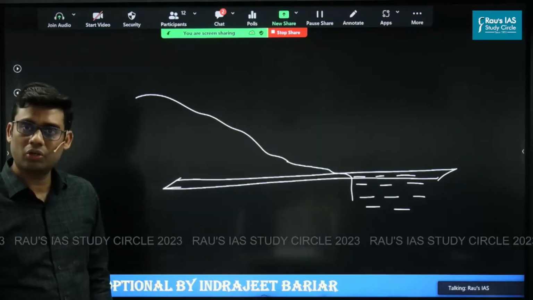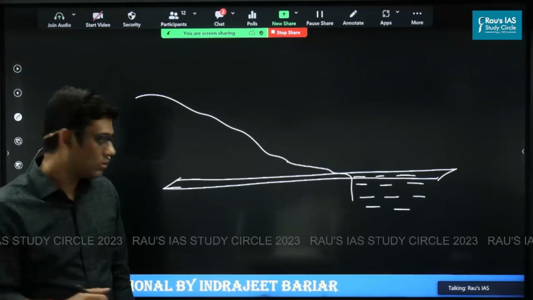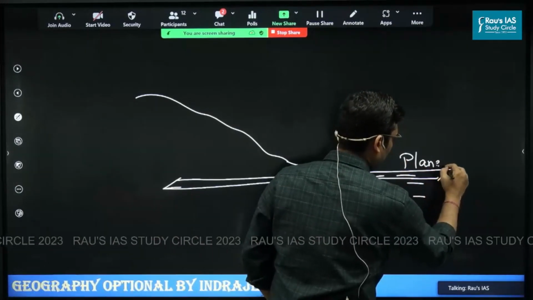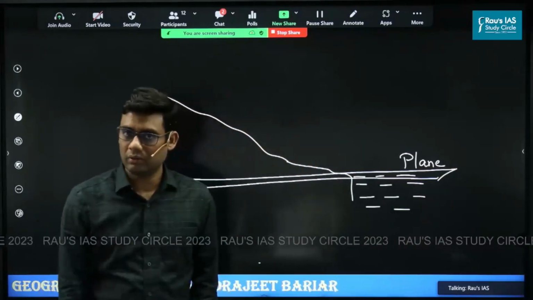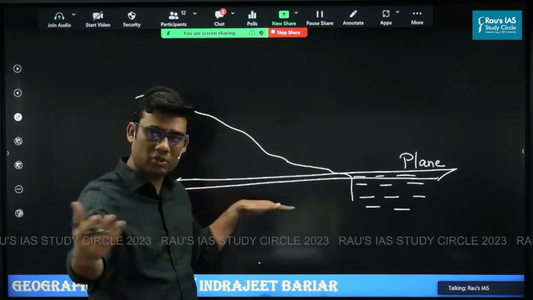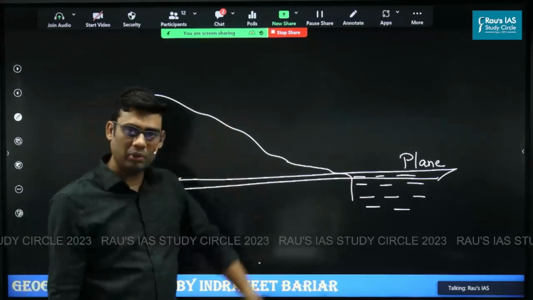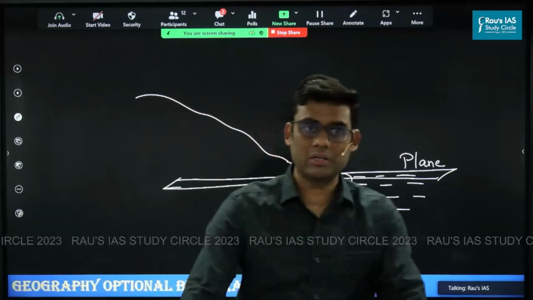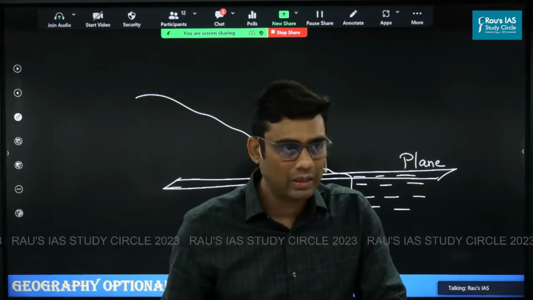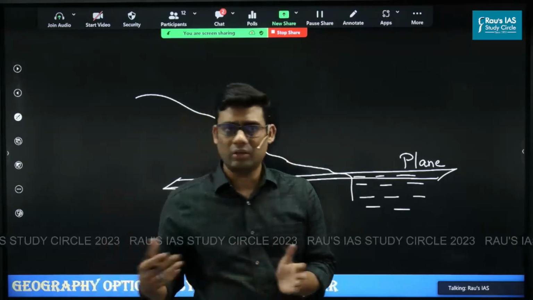And so this should be called the grand base level. This is where he uses the idea of a plane, an imaginary plane going into the continents. This would be determining the base level, the ultimate or the grand base level. Now, a problem with this whole idea of the grand base level is that